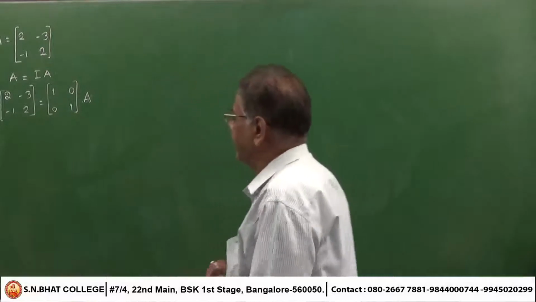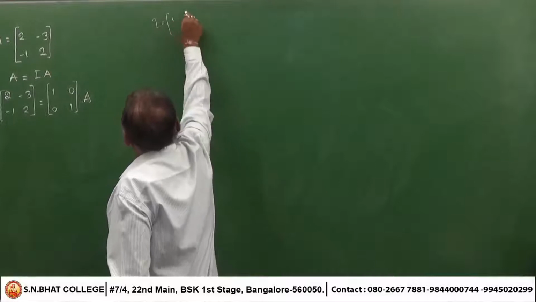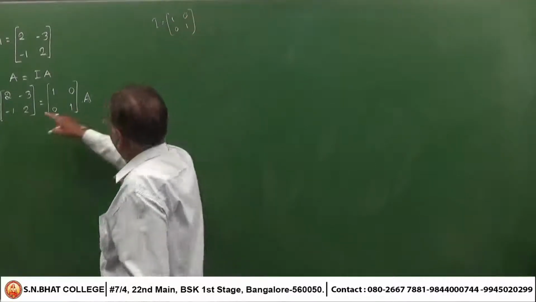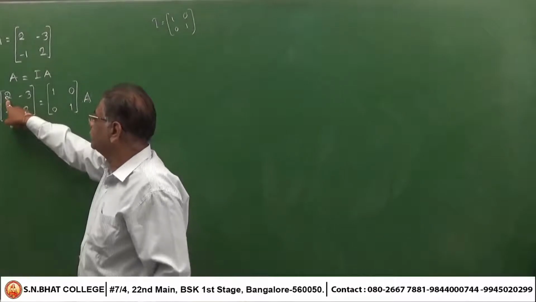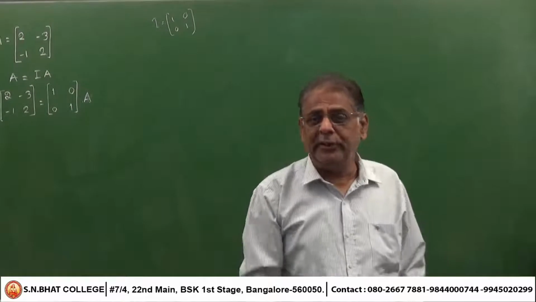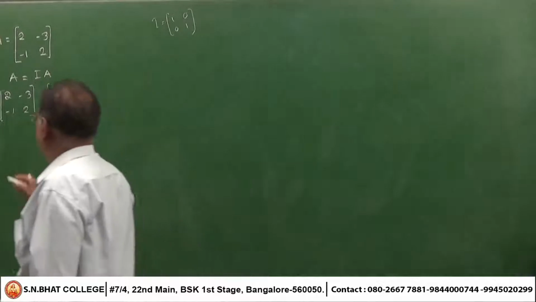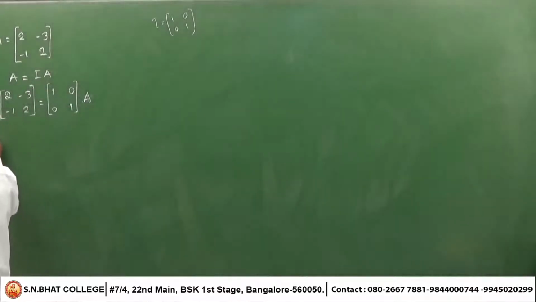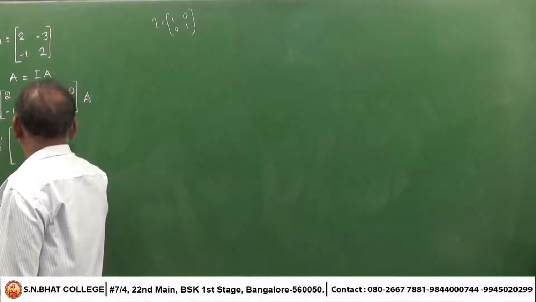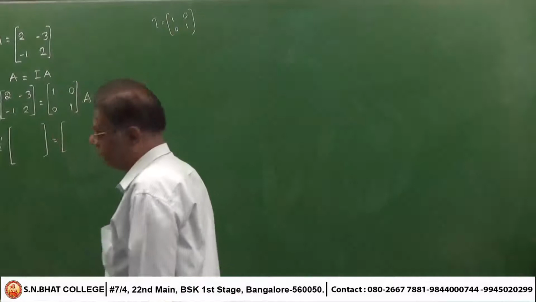In the left hand side A you have to make the first element to be 1. I is [1, 0; 0, 1]. That is, you have to make 2 as 1. To make 1, it is multiplication or division. To make 0, either addition or subtraction. Since we have to make first element to be 1, divide R1 by 2. R1 dash is R1 by 2.